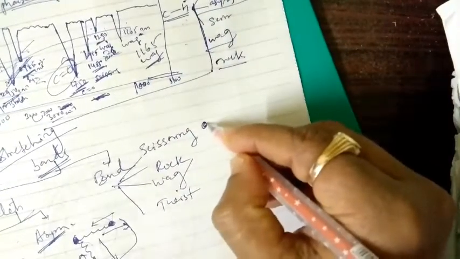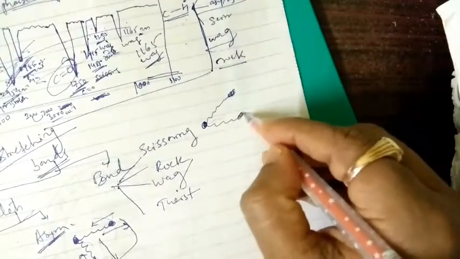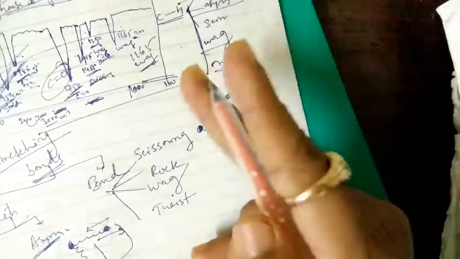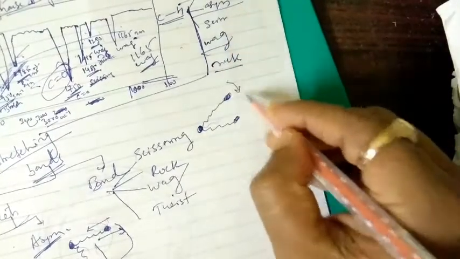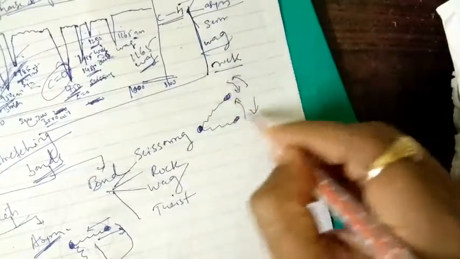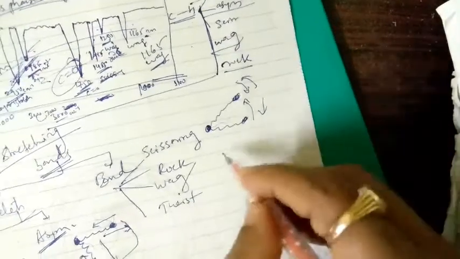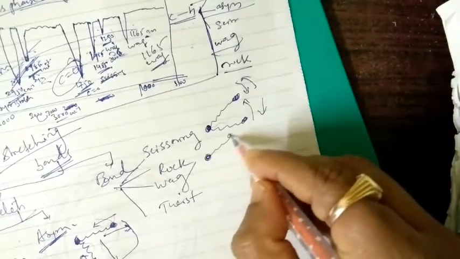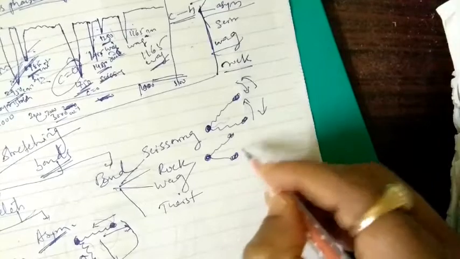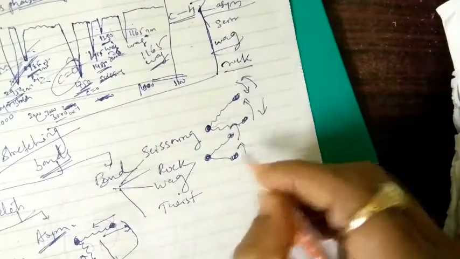Now you can see here, scissoring means what? Same thing here, I will take one bond, and this is another bond, like a spring, and like a scissor, no, like this. So this is called scissoring. That means both are coming in this way, this bond also coming in this way, and again going outside this way and this way. So this type we call scissoring here, okay. And rocking is the same thing. We take one bond and another bond, and when they are going in the same direction, like this, they are called rocking here.